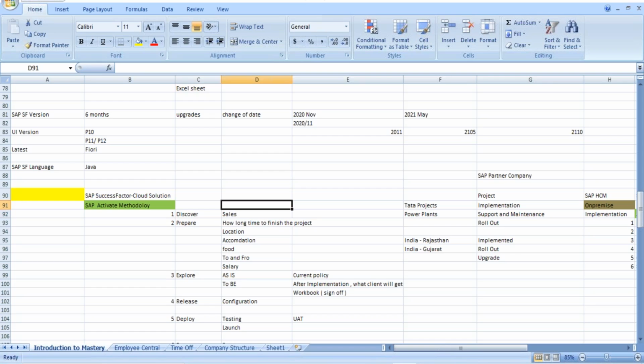Who is doing this? The SAP partner company. So the SAP partner company will be identifying the project. The first phase is discovering the project. Who will be doing it? The sales team will be doing it. Then the second phase is the